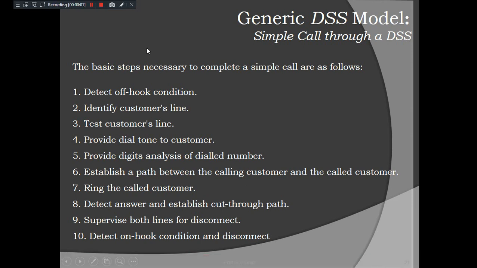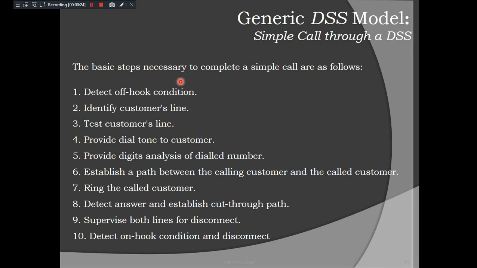Next, guys, in this session, another session of Module 5 Part 2, we'll be discussing another very important part. One question is fixed on this: system recovery and a simple call through a typical DSS. So, guys, hope you already know about these points.